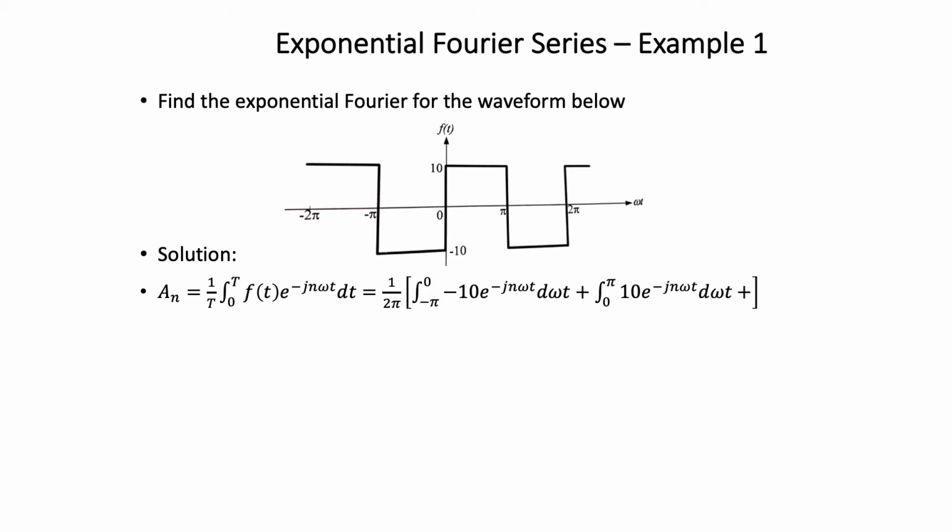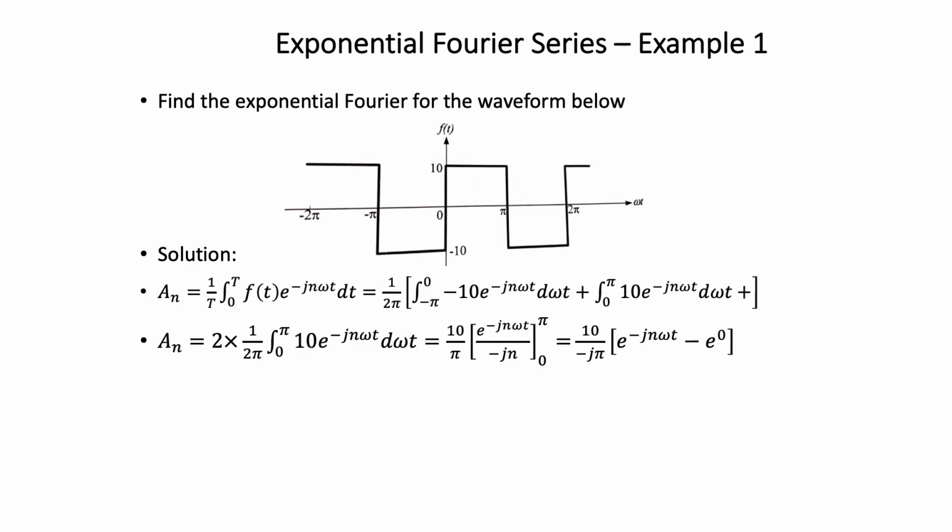Next, let us revisit example 1 by using the exponential Fourier series. Using the equation for Cn, we have Cn equals 1 over 2 pi times integral minus pi to 0 of minus 10 e to the minus j n omega t d omega t plus integral 0 to pi of 10 e to the minus j n omega t d omega t. Finally, we have Cn equals 10 over minus j pi times e to the power minus j n omega t minus e to the power 0,